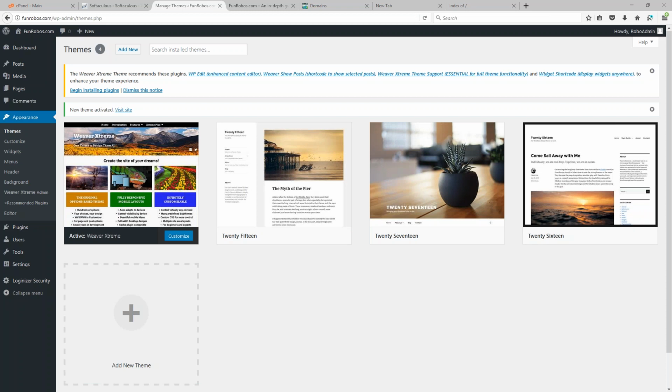Now, once I have this theme installed, I could technically just leave it alone and use it with its default settings. But one of the main reasons why I like the Weaver Extreme theme is because it offers a lot of